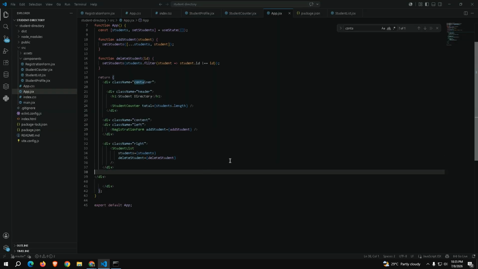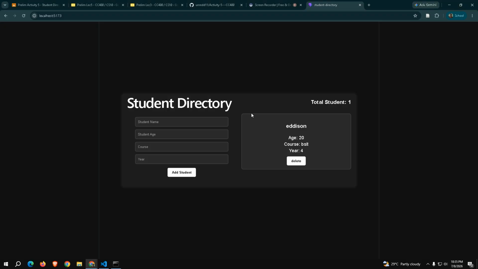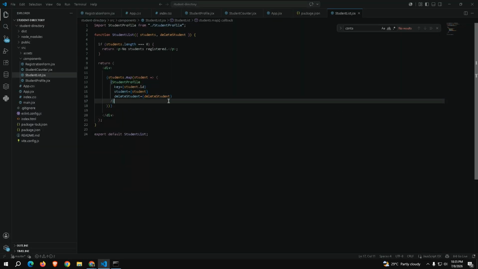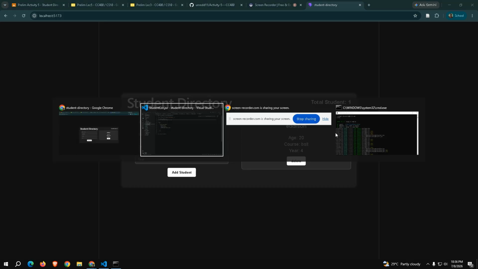It will delete once the user clicks the delete button here. It will get the ID, which increments in the student. So if students.length is equal to 0, return no registered student. If there is no registered student, there will be no box or container here.